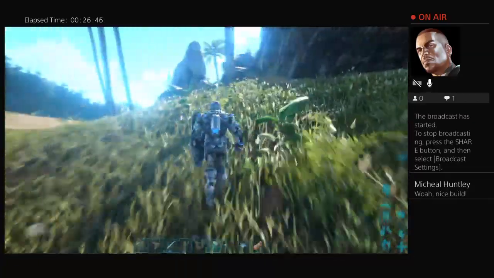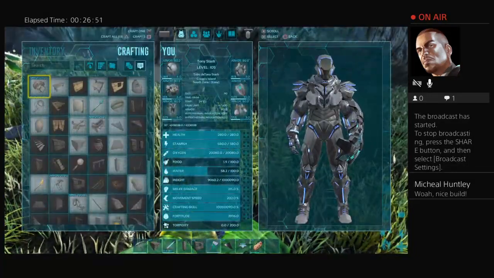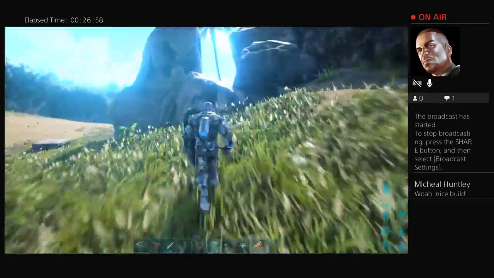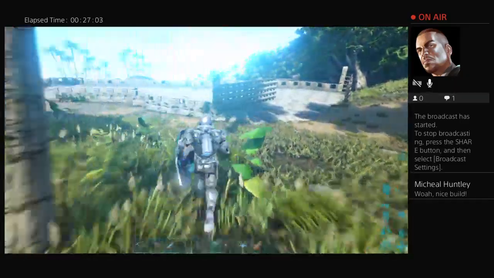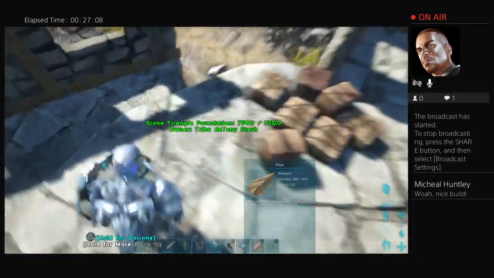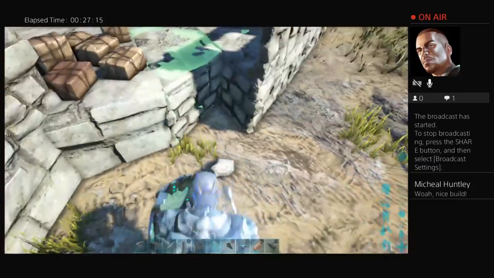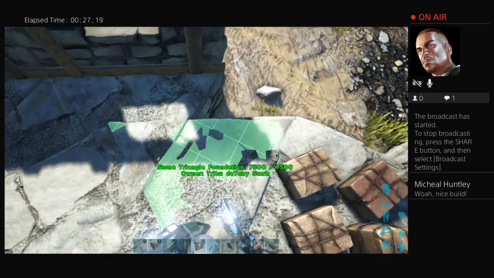Alright, let's see. Just was constantly running out of stone here. I feel like I'm getting more flint than stone, and it's giving me all the flint. You know? I don't need flint. Flint is garbage unless you're on an actual official server. Then flint can actually come in handy, but